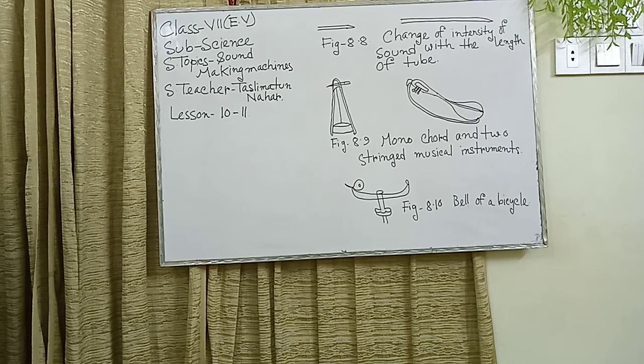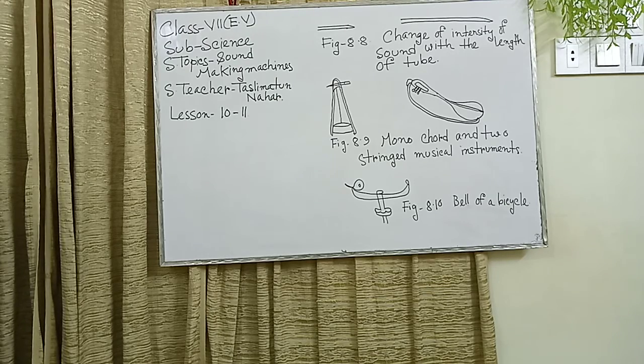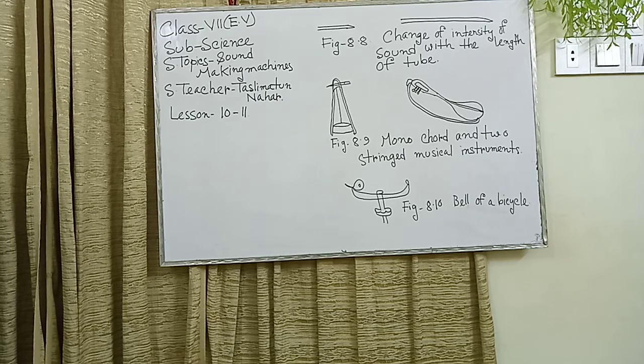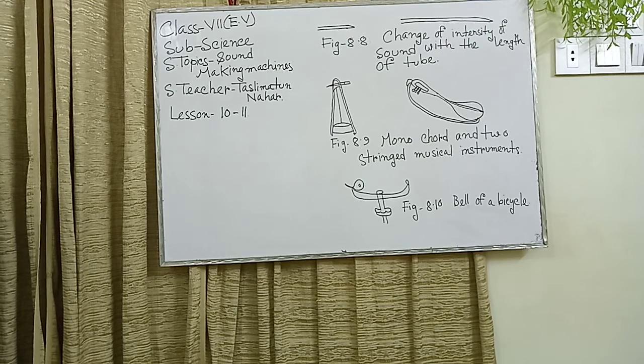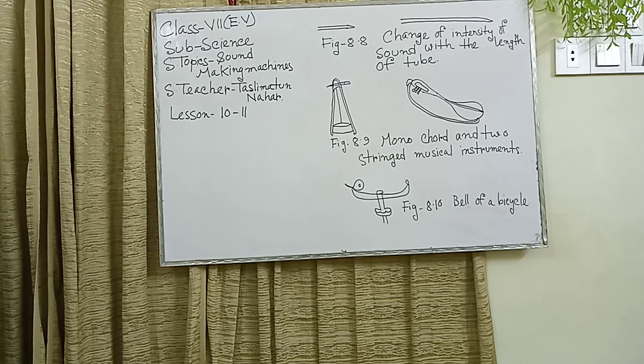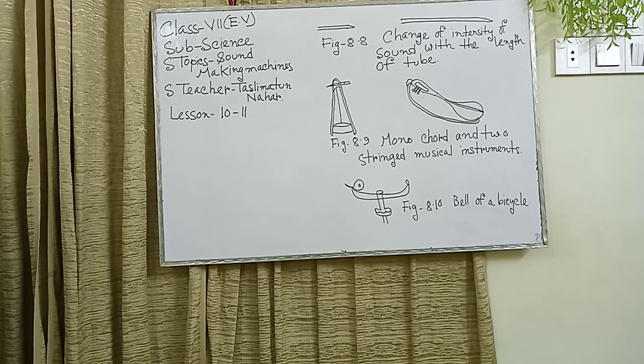Again I repeat, lesson 1. Lesson 1 is sound and its characteristics. We know what the characteristics of sound are. Lessons 2 and 3 were the origin of sound. You know how sound originates? Yes, only and only vibration. Third is circulation of sound, or propagation of sound. Here we also draw contraction, expansion and vibration. Lesson 5, propagation of sound through